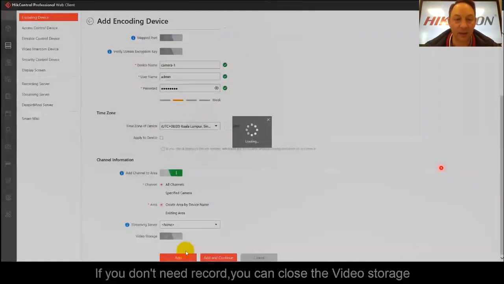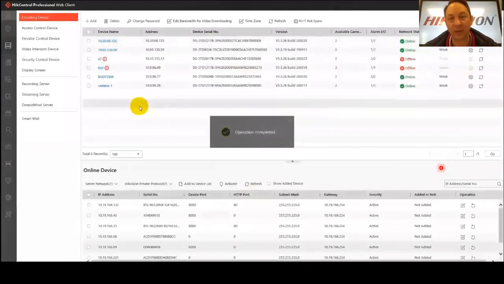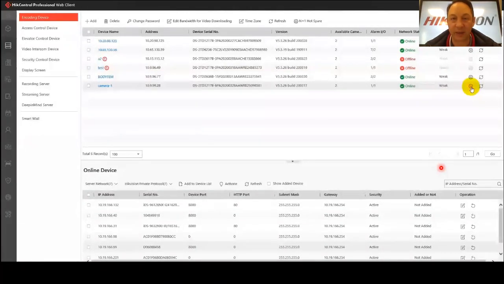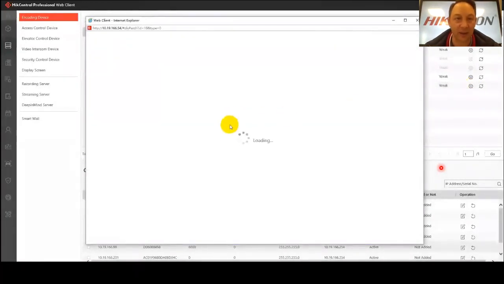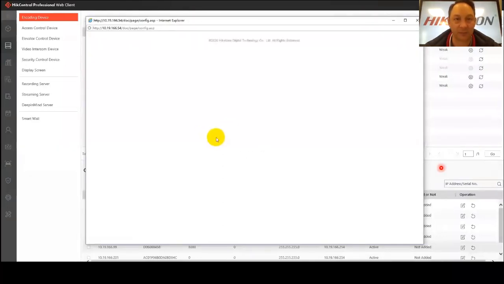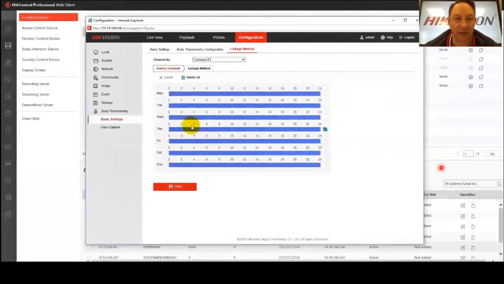Okay, and then he switched off the video storage, so it's up to you. If you don't want to store it, then you don't have to, but it's always better to have some kind of a storage device. This is doing a remote configuration to the camera itself, so you can remotely configure the camera and set it